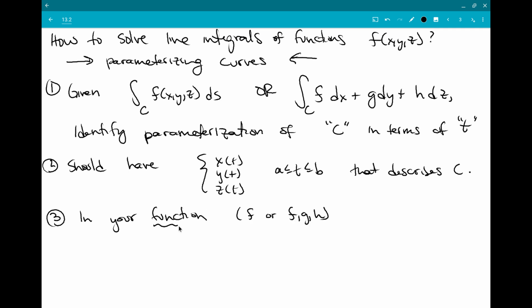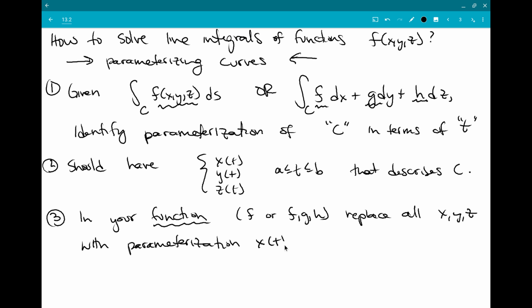In your function, f or f, g, h, so this part right here or these three parts right here, replace all variables x, y, and z with the parameterization x of t, y of t, z of t from the second step. Actually, we'll do the check after step 4. And then what you're going to do is replace your